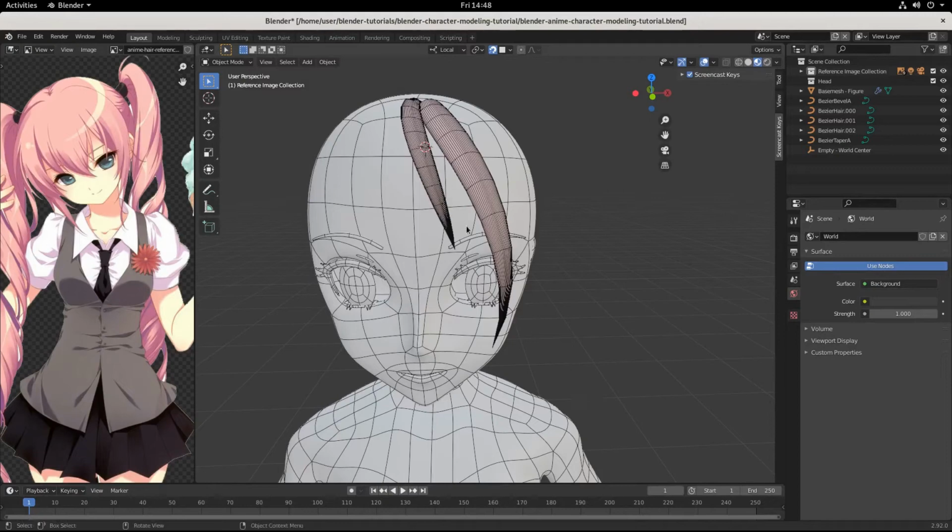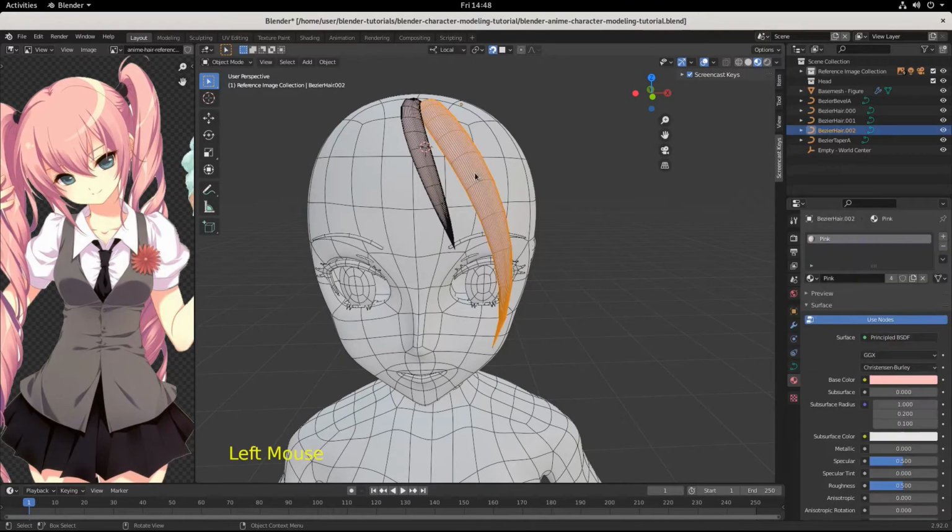Part 32. We're going to pick up right where we left off. Last time we started with the hair, we used the snap tool. We added materials. We're trucking. We're going to keep trucking. We're going to select our object. We're going to Shift D